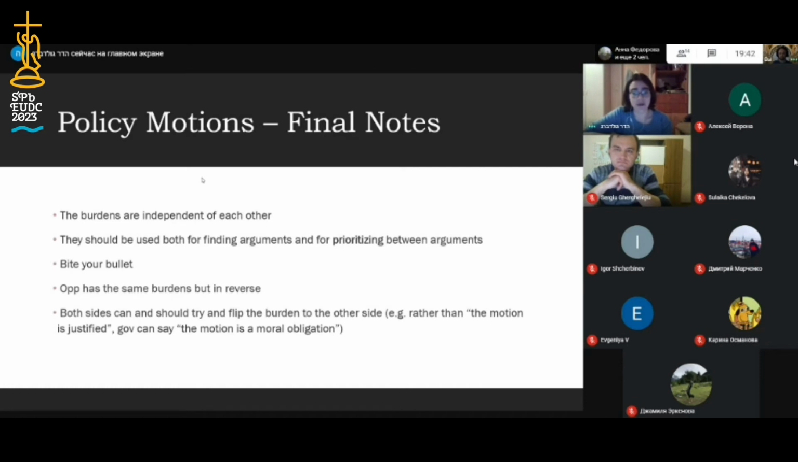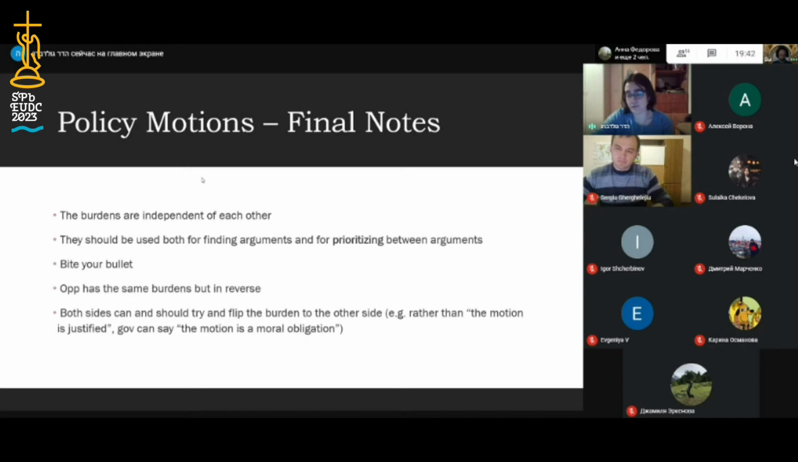Secondly, burdens help you in finding arguments in the first place. A question I often get is, how do you come up with arguments in prep and with extensions? One good way to do this is to use the burdens of proof for a motion and to ask myself, what is the problem or problems in the debate? How can I prove that it solves it? How can I prove that it's justified? All of these will help me come up with arguments, but it's also, and no less importantly, helps me prioritize